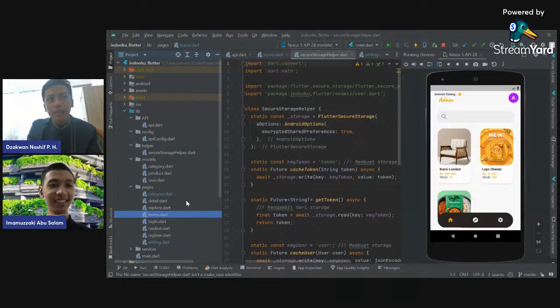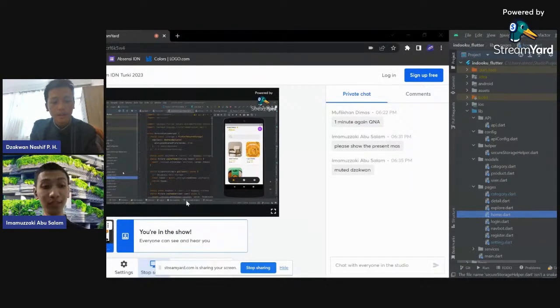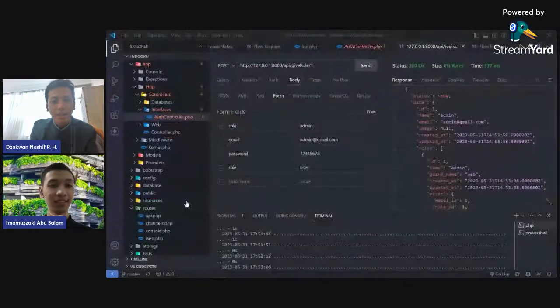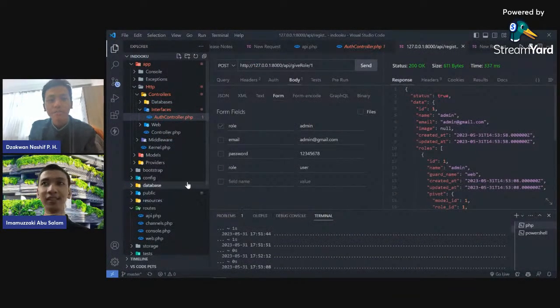Like the version of Laravel, or maybe tools that Laravel provided for us in the database application? You never heard about it? I'm so sorry, maybe I never heard about it. Okay, I think Laravel Eloquent actually is